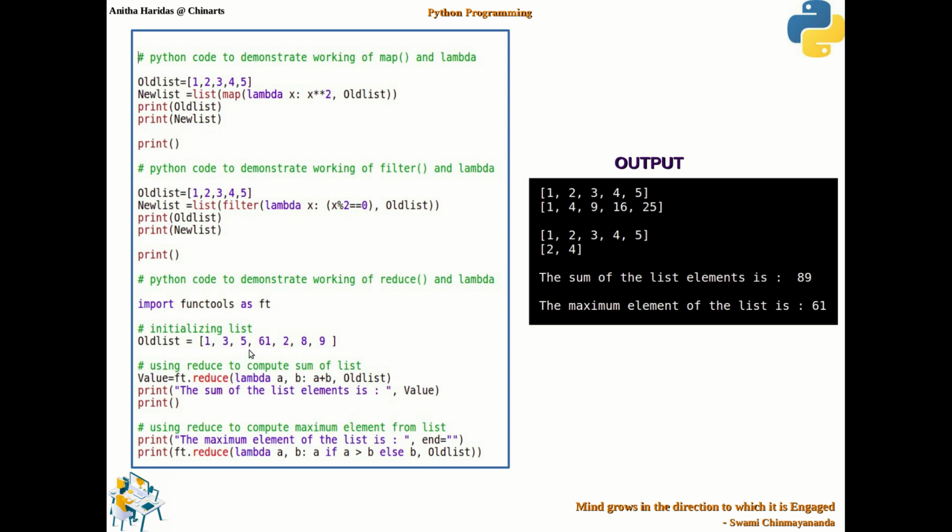So 9 plus 61 will be obviously 70. Then 70 will be returned. Then 70 plus 2, 72 will be returned. Then 72 plus 8, 80 will be returned. Then 80 plus 9 will be returned. So you will get 89 as the last value of reduce function. So this is how reduce function works.